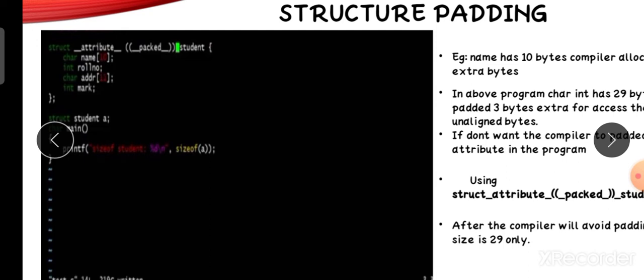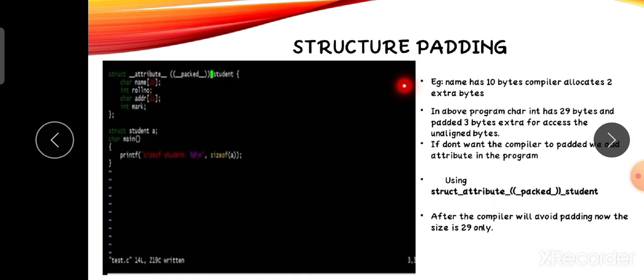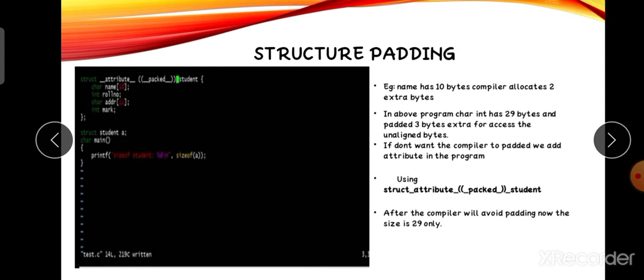Name occupies 10 bytes, the integer is 4 bytes, this character is 11 bytes, and the integer marks is 4 bytes. Totally 29 bytes are occupied by this program. While running the program, it occupies 32 bytes because of structure padding. How this happens, we are going to see.